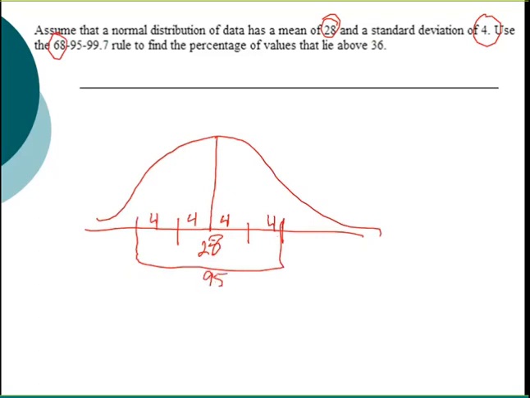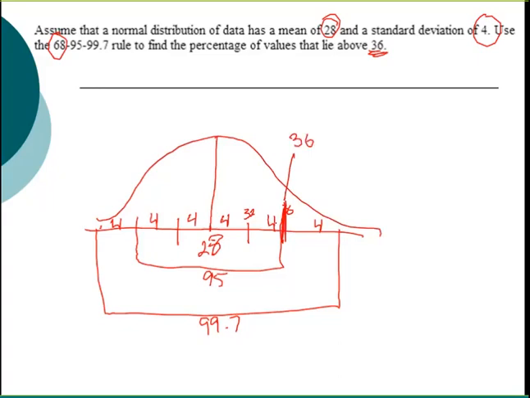Okay, and then lastly, another 4 up and 4 down, this should give me 99.7% of my data. So it says find the percentage of values that lie above 36. Well, where's 36? Well, here's 28. You add 4, okay, we're at 32 at this marker. You add another 4, right? So we're at 36. Okay, this is the actual number 36. So 36 is 2 standard deviations above